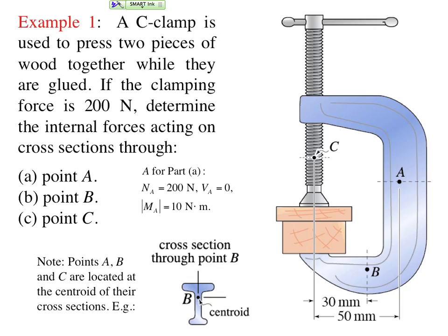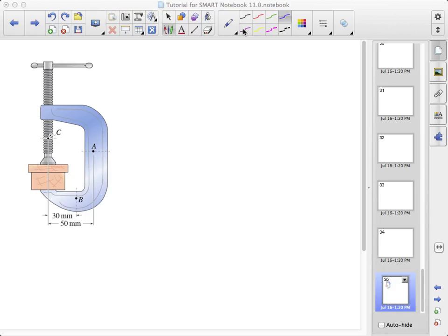In our first problem, we have a C-clamp used to press 2 pieces of wood together. If the clamping force is 200 newtons, we want to determine the internal forces acting on cross-sections through points A, B, and C. We have a purely axial 200 Newton load applied along this threaded member. We're going to take as our free body diagrams